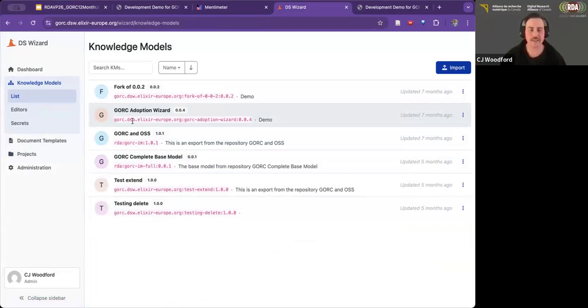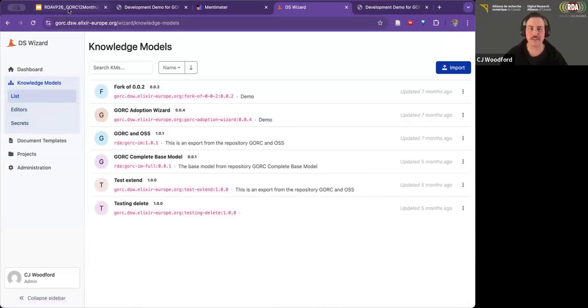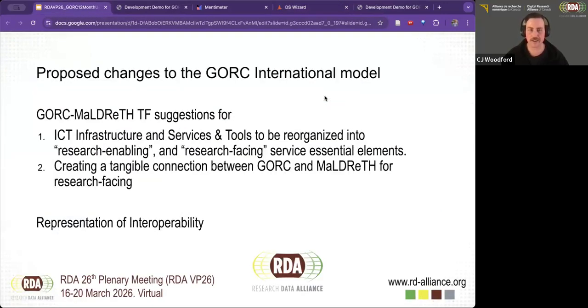Yeah, absolutely. And we've got connections that need to be seen between the two working groups anyway, so that could even be something that's a knowledge model added into this one. Volmar Ekstrom and Lars, who are already on the call, have been the ones really driving the work on the back end with this, as well as our colleague Kieran from the ARDC. So I think that's definitely an avenue we can discuss. But yeah, knowledge models is one way to add it in for sure. Nice. Okay, so we'll do more with that. Please do check out this data stewardship wizard. It's really helpful. I'm going to be using it for my organizational profile myself.